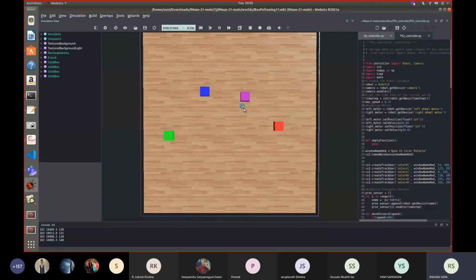So now it has found the red box. As you can see, this was not at all efficient. It was rotating a bit too much. So you can go on and create your solutions to be as efficient as they can be. So it has stopped near the red box. So the PS has been completed.